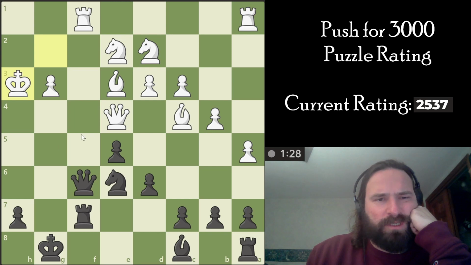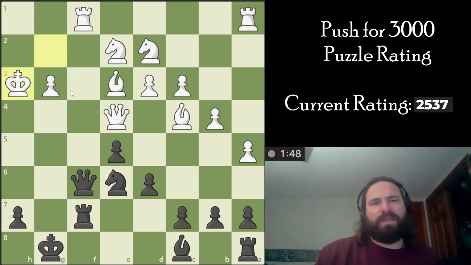I do really like this check. But the king goes here, and I don't really feel like I'm getting to it. I guess I could just go, like, I don't know. No, that doesn't look good at all. I can't just keep checking with a knight. It doesn't really feel like my queen can get up there, so...